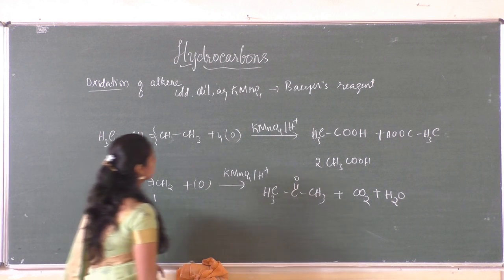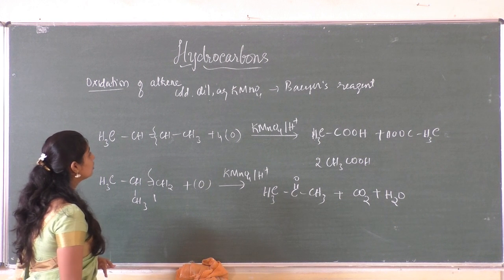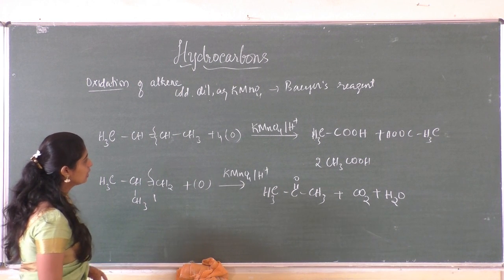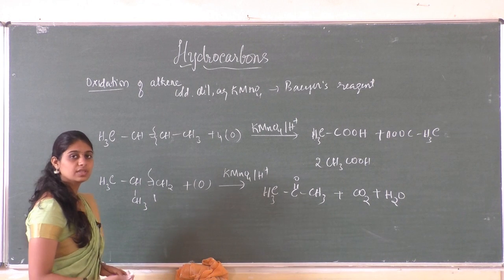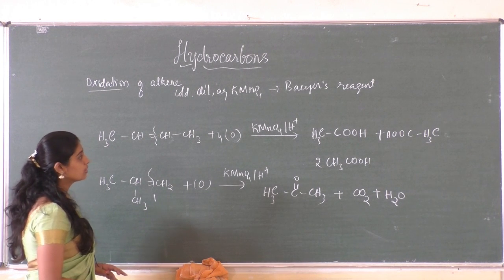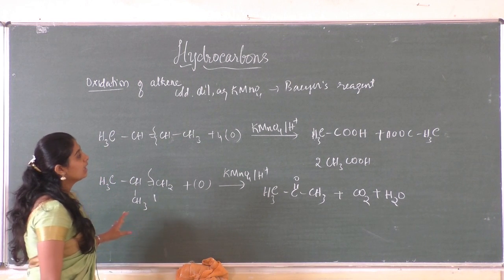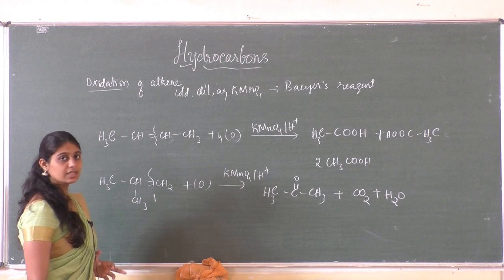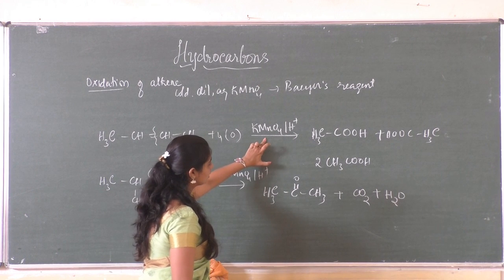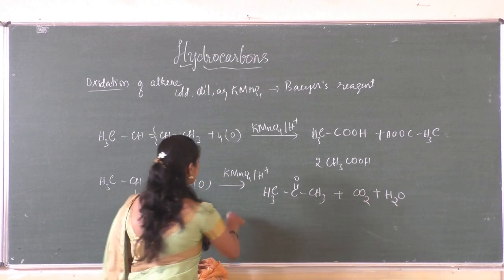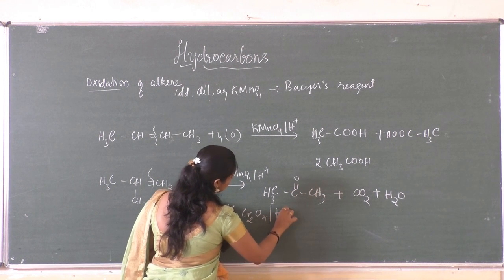So this oxidation can be performed in acidic and diluted solution. If you use diluted KMnO4, which is called Baeyer's reagent, then if the molecule consists of a carbon to carbon double bond, decolorization takes place and we end up with vicinal glycol as a product. And if we use KMnO4 in the acidic medium or potassium dichromate, whose formula is K2Cr2O7, in the acidic medium.